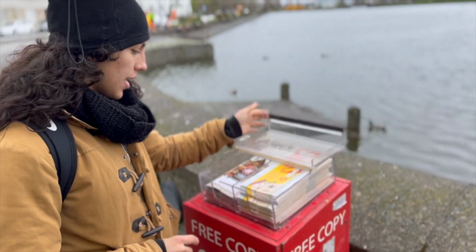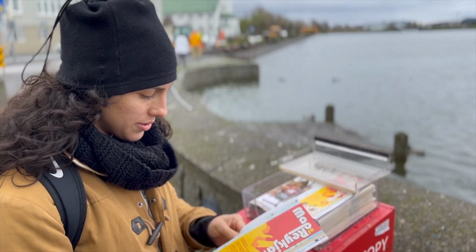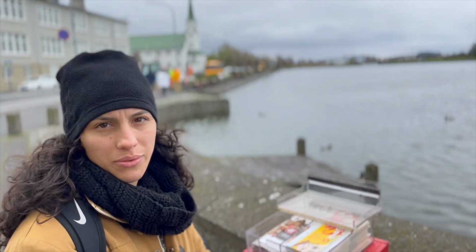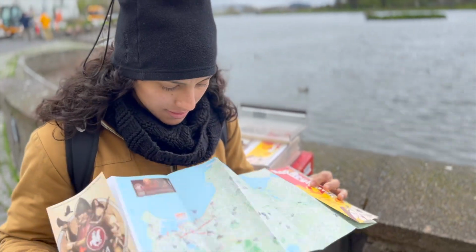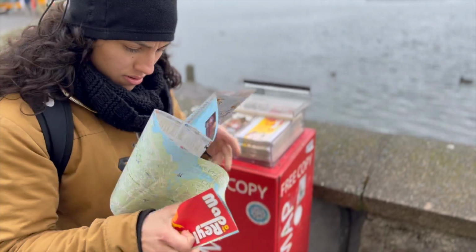What you got here? We just got 2 different maps from the city. One is actually the map of the city, and the other is a map with the exhibitions things, like museums and things like that. Which one are we going to take? Just the good map? Yeah, look. Alright, now where are we going to go? We are going to go...